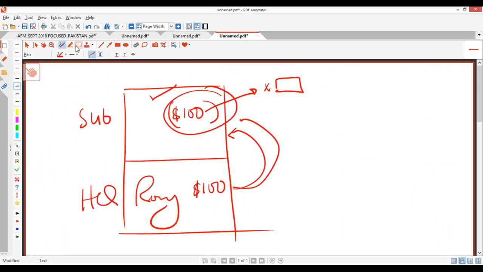And what will happen to this 100? This 100 will be declared in the holding or parent company as 100, but it will be net of tax, because when you have 100 income, you will have to pay tax in your country. So it's going to be like $80 or whatever coming back. So the idea is I push up at cost price.